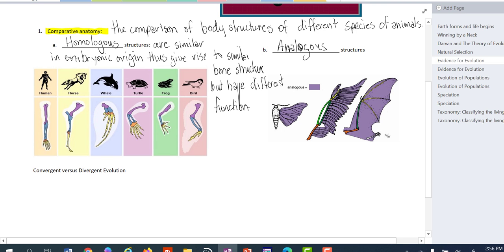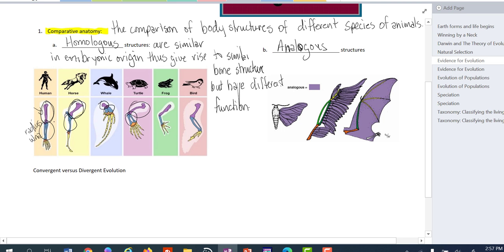So let's look at this group of organisms over here. We have lots of different species, human, horse, whale, right? But if we compare the limbs of all these animals, we can see some very similar bones. And in fact, they're even given the same names. The upper arm bone, right, is the humerus. So we can see that in the human. We can see the humerus in the horse, right? And as we move down, right, you've got the lower arm bones, the radius and the ulna, right? And we can see those